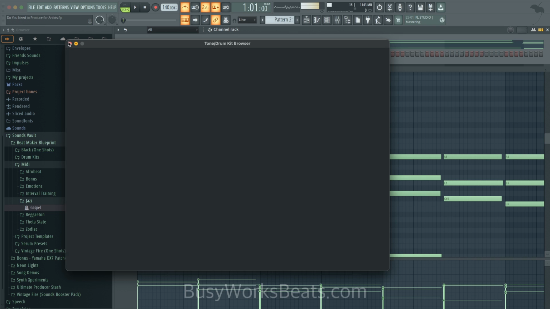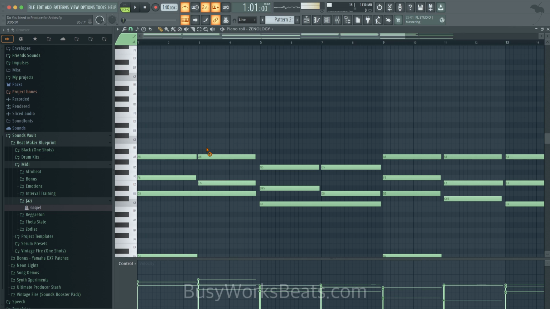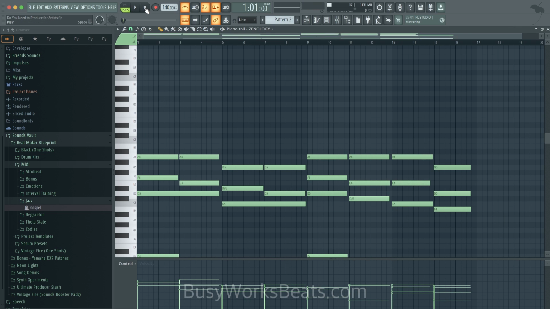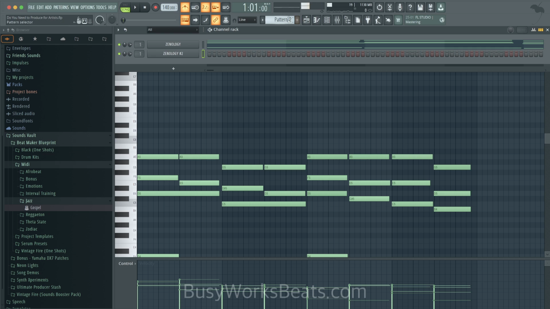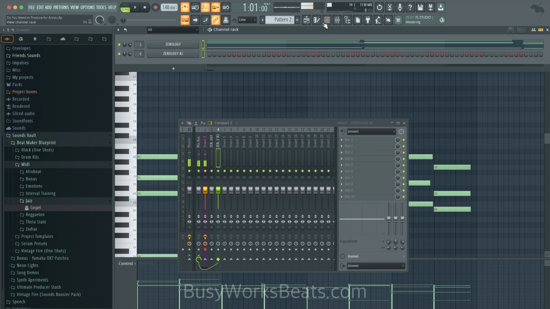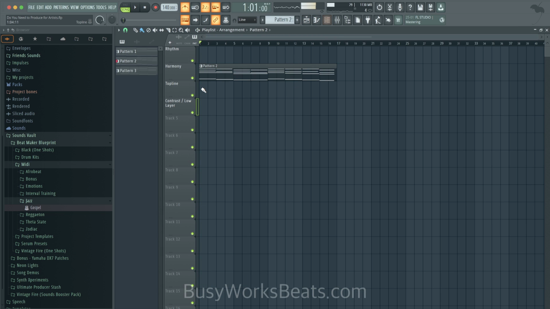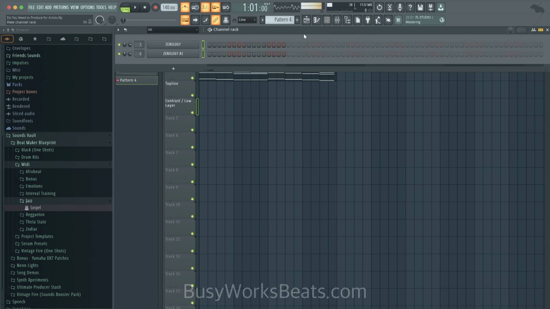So let's add some brass. The top note in this case is A. Okay, so we're going to start there. And here we're going to move to a new pattern. So Control L, send these to a new pattern. So now we're going to be writing in what's called the top line area. Okay, so let's go to a new pattern. Let's start off on A, which was our top note.